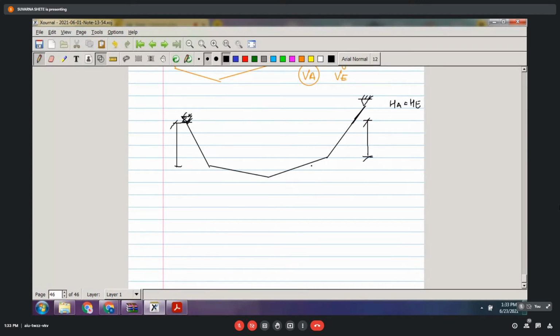What is the next parameter? If this vertical distance is given, and these horizontal distances are given,